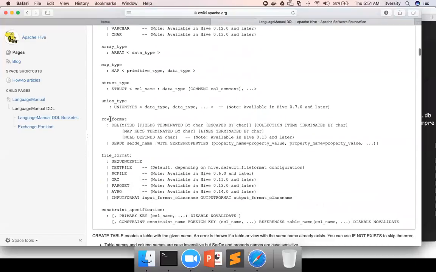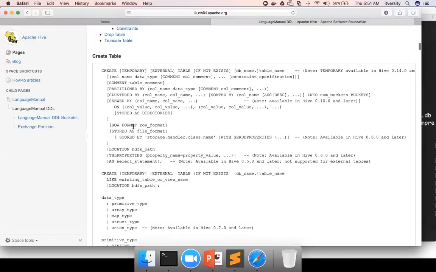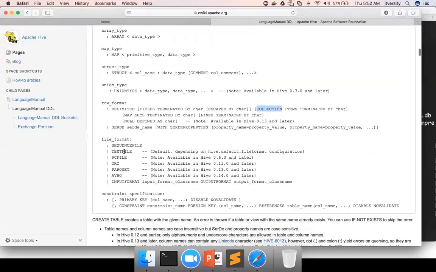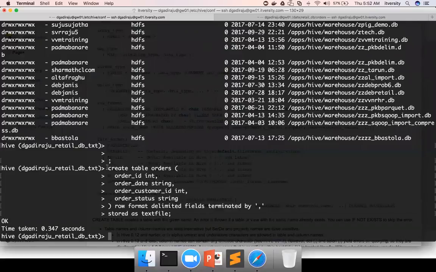And then we also use the row format, which starts with row format, and then this gives further explanation. Either you can say delimited or SerDe, serialization, deserialization. You don't need to get that far as of now. You just say delimited, and then you can say fields terminated by for column level delimiters, and also you can use collection items, map keys, etc. for special types. So that's how it will work. You have to say row format delimited fields terminated by and so on. And then supported file formats are text file, which is default, and sequence file, RC file, ORC, Parquet, raw input format, etc. Okay, so now we have the table created, and I am copy pasting it into a text editor